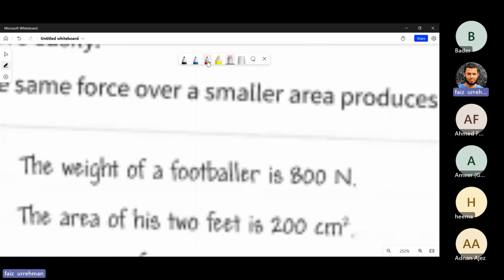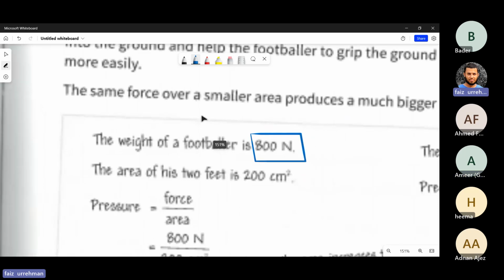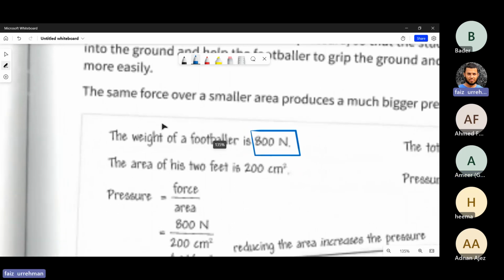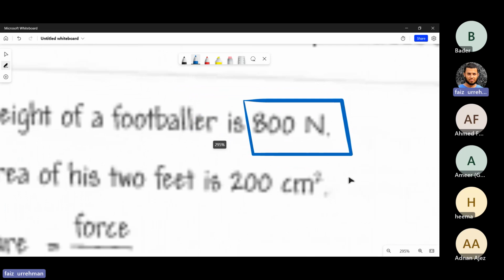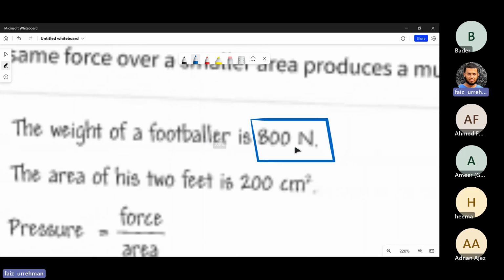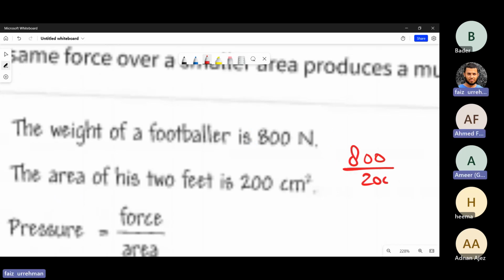Okay, so there is a footballer. His weight is not 800 kg, it is 800 Newton, which means around 80 kgs. And the area of his 2 feet is 200 centimeters square. So what will be the pressure? Force upon area. So it will be 800 over 200, equal to 4 Newton per